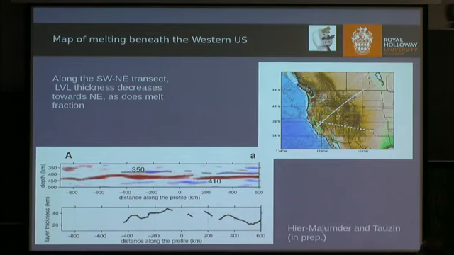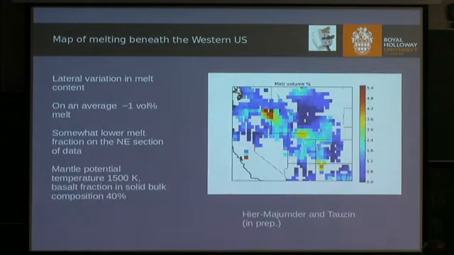Just to guide your eyes, we have the 410-kilometer discontinuity, and then we have this blue region, which we call the low velocity layer. That region shows about a 2.5% drop in the shear amplitude of the PS conversion. So we ran this analysis, and I actually showed an earlier version of this map in my previous talk, but